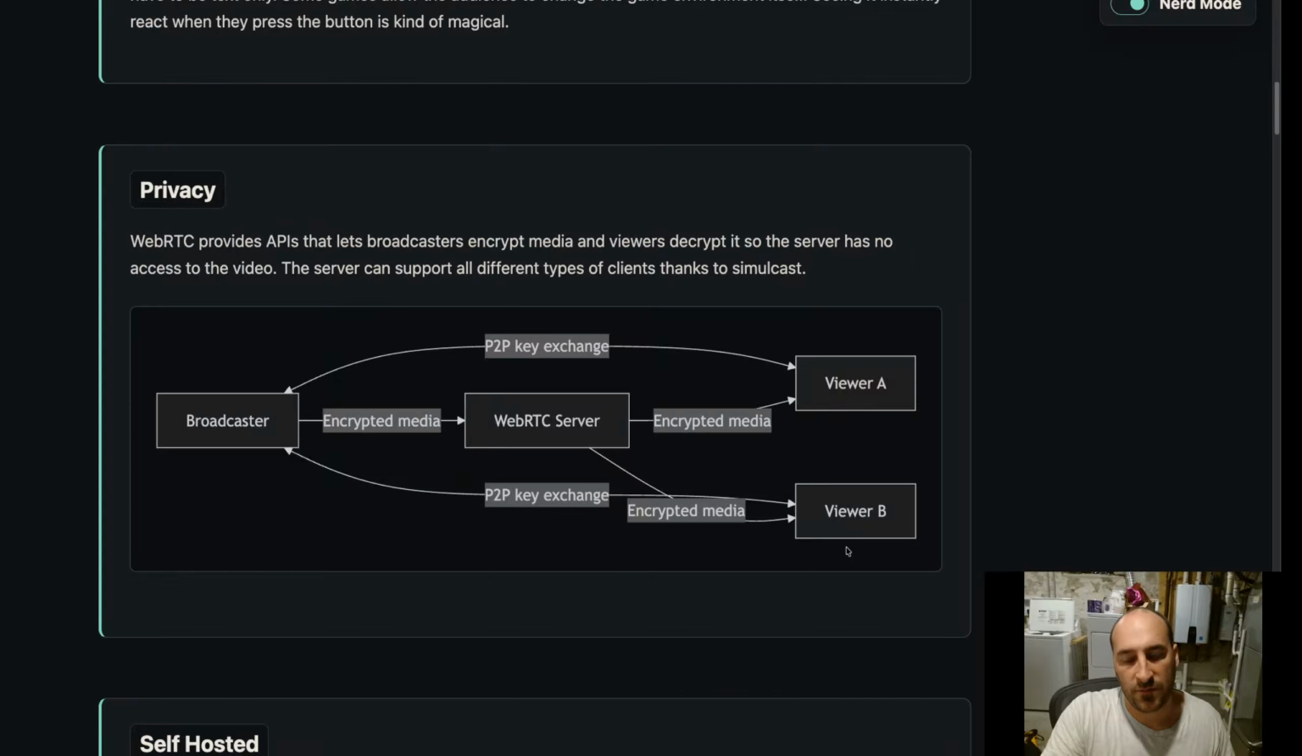So you'll send your video to that WebRTC server, but the WebRTC server itself has no access to the media. All it sees is just a bunch of bits flowing through. There's nothing it can do about it. All it can do is pass it to the viewers, and the viewers watch it. This is the future that I want when it comes to